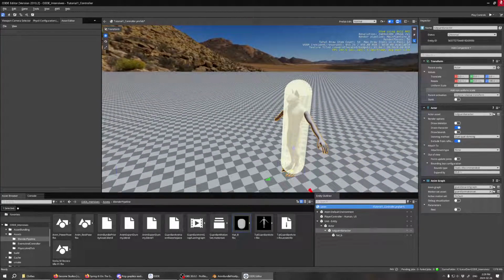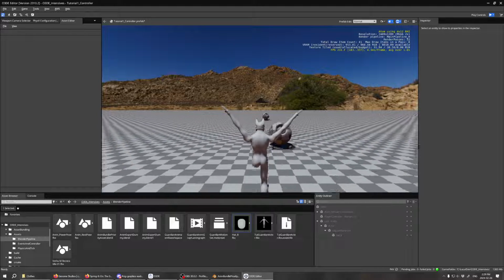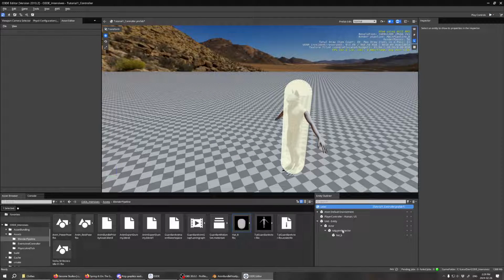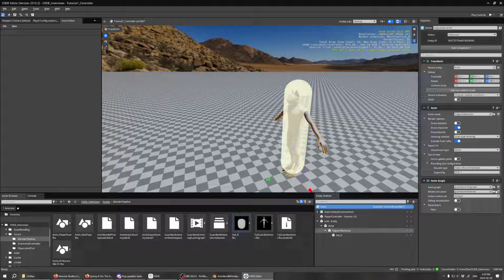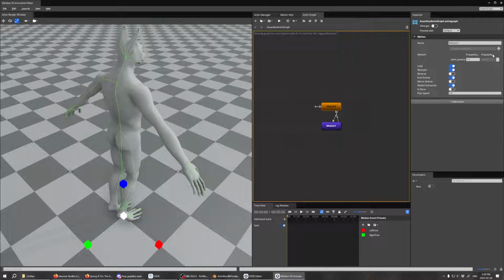And then, hopefully, yeah, everything works. I mean, the head doesn't move, so I could just, for quicksies,